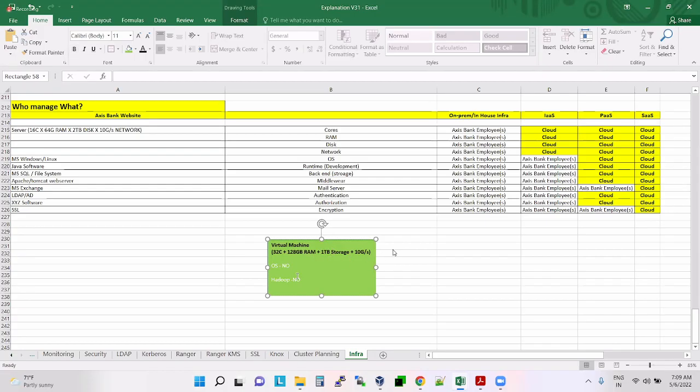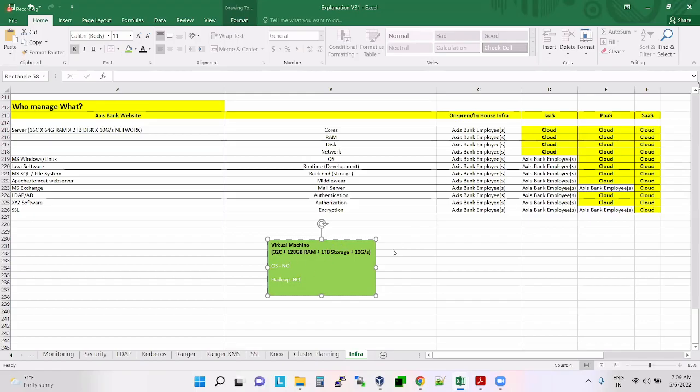Again, you need to install your OS and your Hadoop. This is what the cloud platform is responsible for; the rest of the things are yours. Who will install the OS in this virtual machine? The Axis Bank employee has to install it. And who has to install Hadoop inside this machine? Again, the Axis Bank employee.